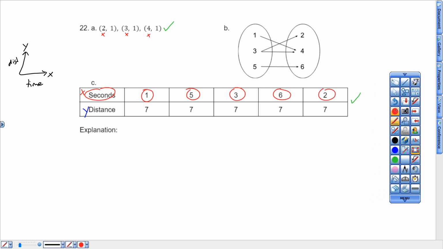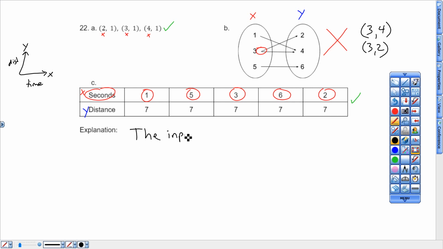And then I look at this guy. This is my input numbers. Those are my x numbers. These are my y numbers. I have an x number 3 give two different y numbers. That is not a function. Why? Because I have a 3 spitting out a 4 and then another 3 spitting out a 2. You cannot have that. So you could say